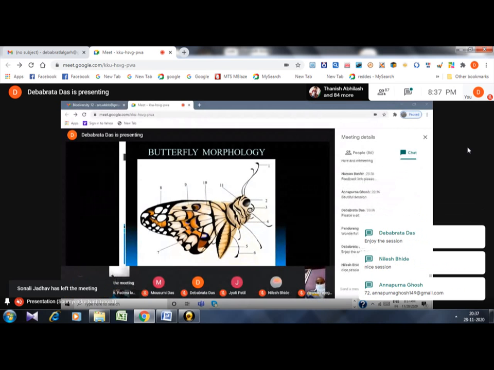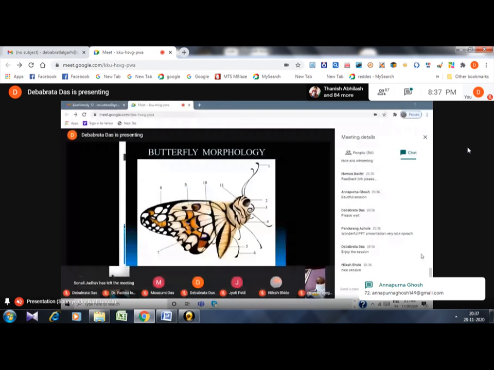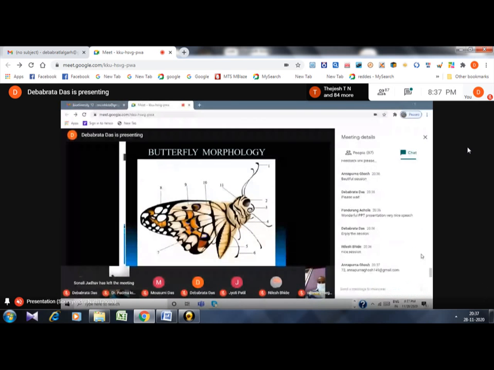Then we come to number 2. Number 2 is the eye of the butterfly. It is also known as a compound eye because you can see in the picture there are small compartments or hexagon-type drawings. It is not clearly shown, but these are there. The vision is also called mosaic vision. It is seen in all the arthropods. The eye of a butterfly is very good for detecting colors. That's why you see the butterfly goes mostly to brightly colored flowers.